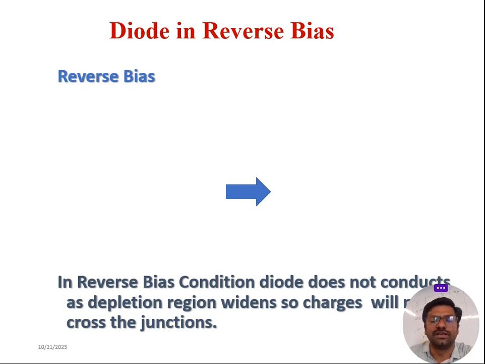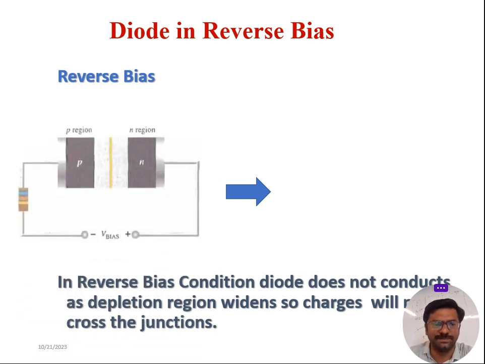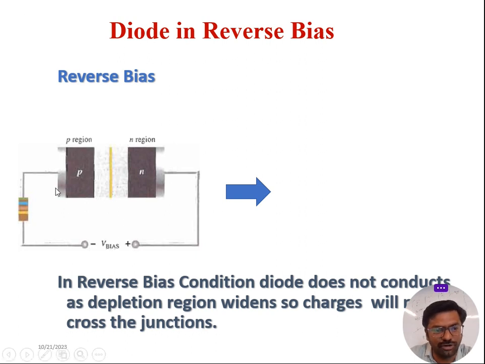When we come to the diode in its reverse bias operation, we can see what happens. Before that, how do we connect the reverse bias for the diode? If we connect the P terminal of the P type material to the N terminal of the battery, and the N type material to the P terminal of the battery, then the diode goes to reverse bias. So this is a traditional definition of the reverse bias condition. But usually, if the P type material is connected with less potential than the N type material, then the diode goes to reverse bias condition.